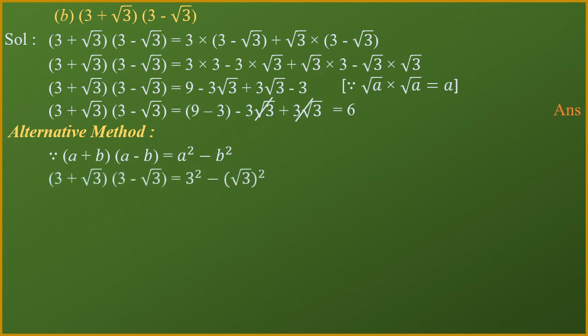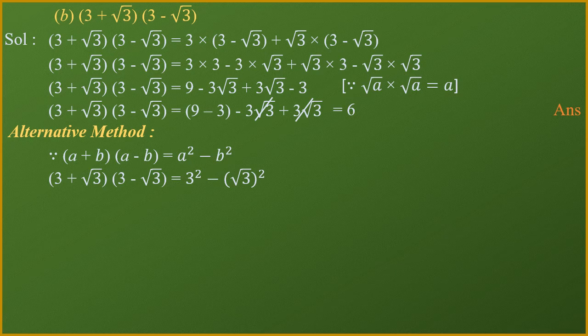If I put this value in the formula, I will get 3 plus under root of 3 multiplied with 3 minus under root of 3. And now on the right hand side I am putting the value, because the left hand side became my question, whose value I need to find out. Now the right hand side becomes the solution of my question.